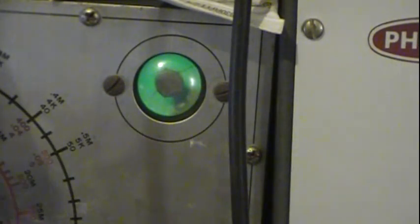There's a 6E5 eye tube, I believe it is. It might be a 6E5. I'll talk a little bit about the differences. There, right there,